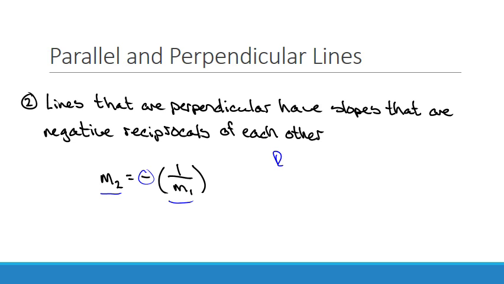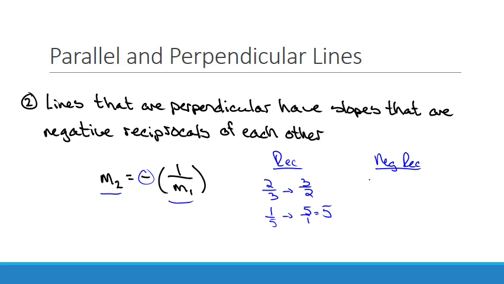So remember with reciprocals, if I give you something like 2/3, the reciprocal of 2/3 is 3/2. So reciprocal is just when you flip that fraction. One more, so if I said I have 1/5, the reciprocal of that would be 5/1, and you might choose to write that as just 5. Negative reciprocal just means to change the sign. So a negative reciprocal,